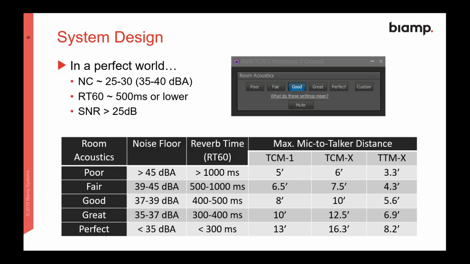Now, the signal to noise ratio is the difference between your noise floor and your talker, the level of the person talking in the room. And that includes a difference between your reflections, so your reflection levels and the talker level in the room. And what's important to remember is that matters at the microphone more so than down at the talker position. So at head height seated, yeah, that's typically where you're going to take your noise floor measurement, but you really need to take a measurement to get an idea of what the noise floor is where the microphone is located,